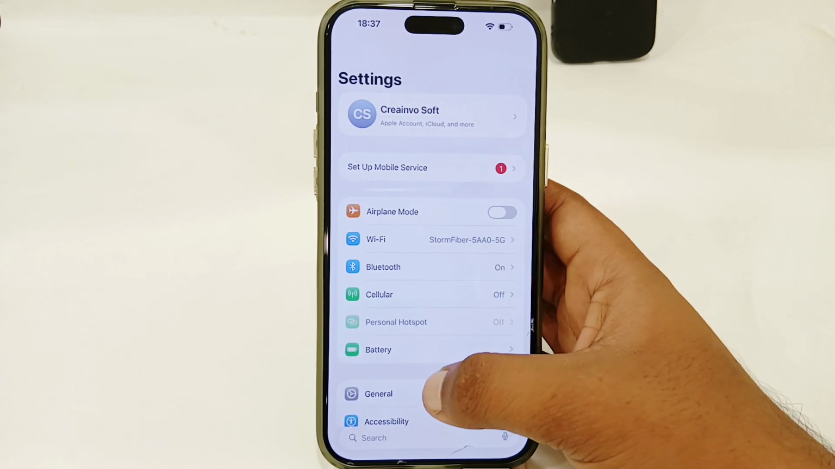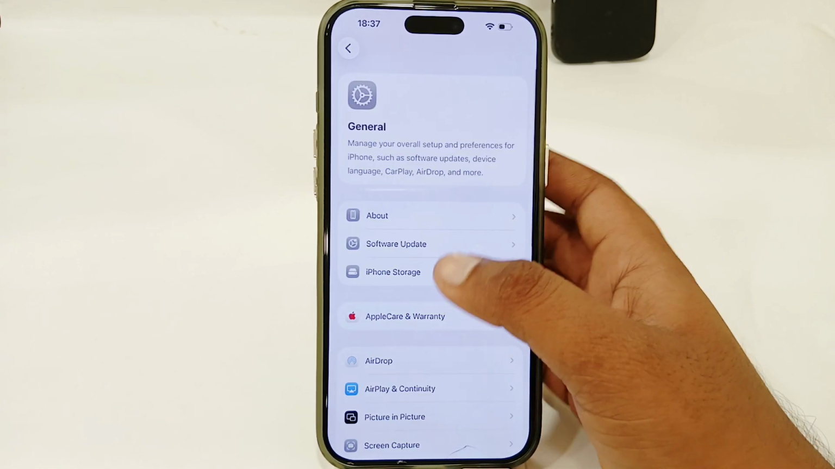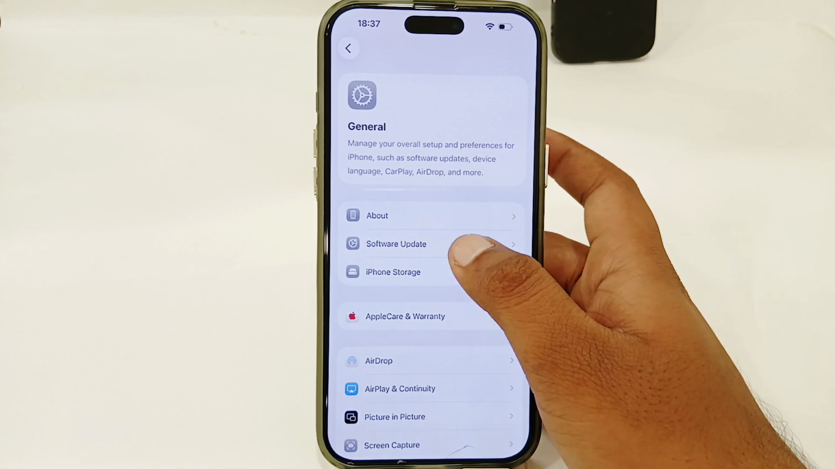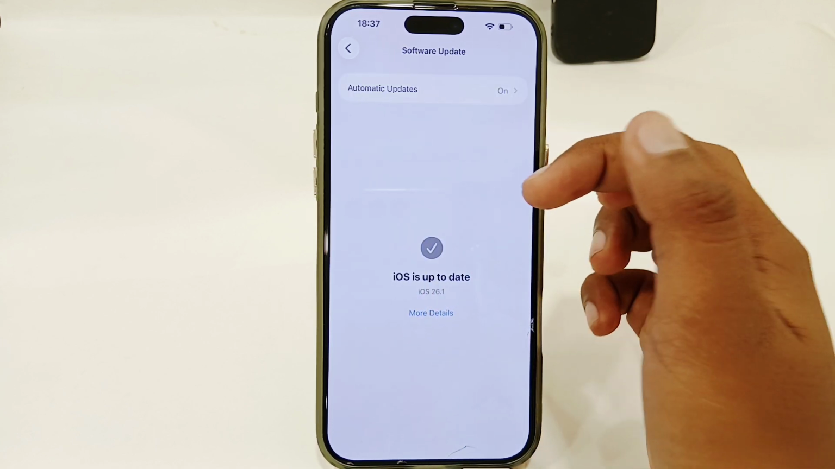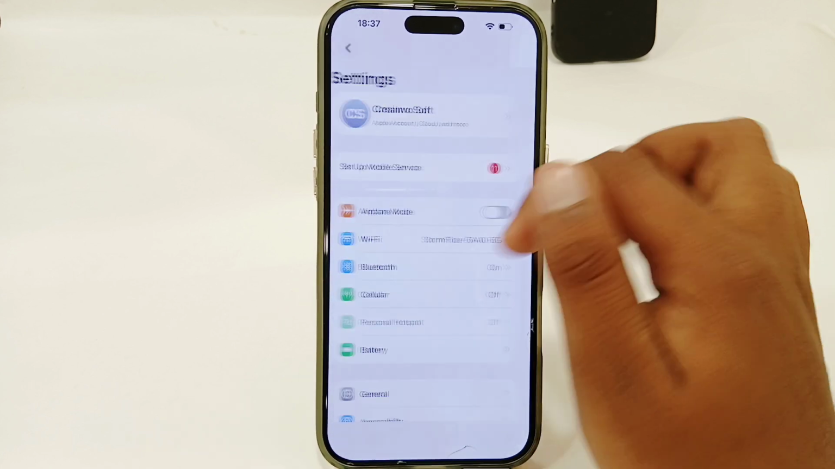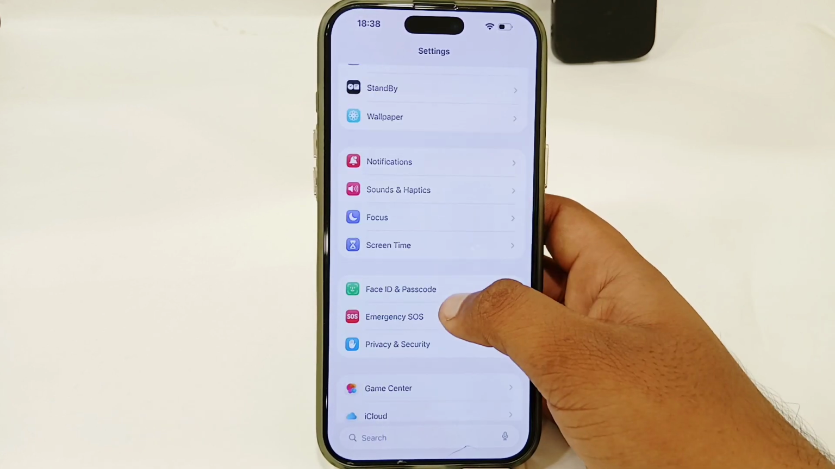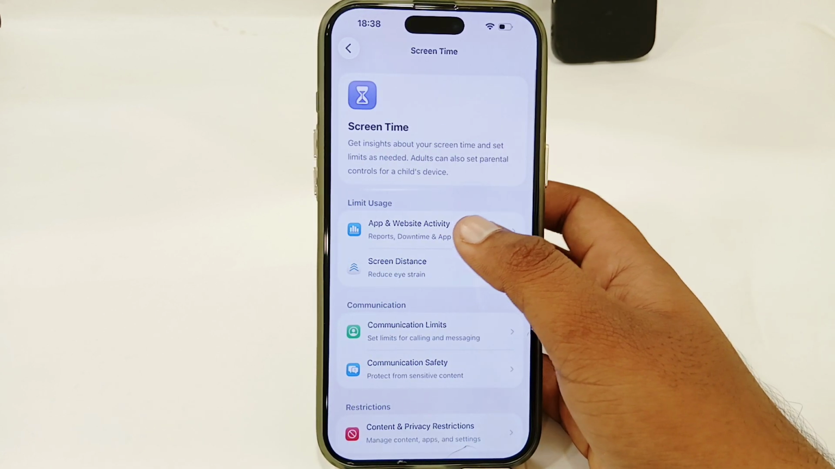Very first, you have to check here for your software update to avoid issues. So open your software update here and make sure that you don't have any pending software update. Then go back from here and go to Screen Time settings, and here you can see